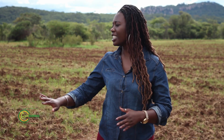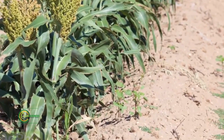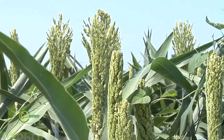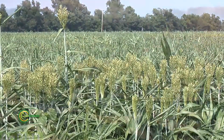You find with most of the farmers, they look down upon these small grains. Exactly. And they pay more attention to their tobaccos, their maize, and then at the tail end of the season, there's a misconception that, you know, farmers always say this one is drought tolerant, you can even plant it without much rain. Yes, of course, tolerant, I can just leave it and not manage it. It will survive. No, you won't get the yield. So it's important to also consider these small grains seriously and do the land preparation well in time. Make sure you have got the correct varieties well in place at the farm. Make sure you got enough inputs and apply them adequately,